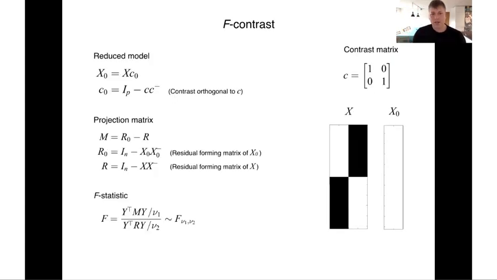And so formally in the GLM, the way this is done is in terms of a reduced model. So if our full model is X encoding the effects we would like to test for, so this could be 2 groups of subjects, we could formulate a reduced model which is given by the design matrix X times a contrast orthogonal to our main contrast. And this orthogonal contrast is given here in terms of the identity matrix minus C times the inverse of C of the contrast. And we can then form